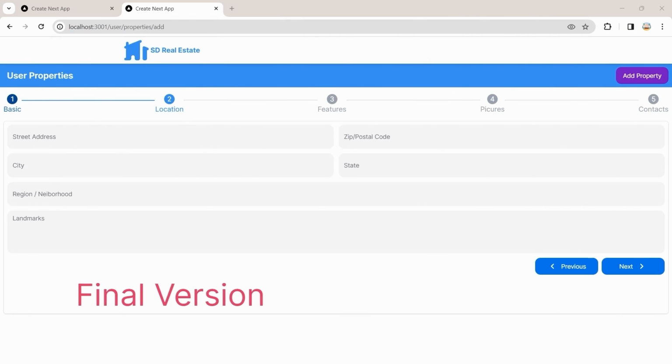In this section, we are going to create the location step of the add property form. So this is the final version of the add property form, and you can see we want to create this form just like this. We are going to add a street address, zip code, city, state, region, and landmarks. So first we are going to add these properties in our Prisma schema file, and then we are going to